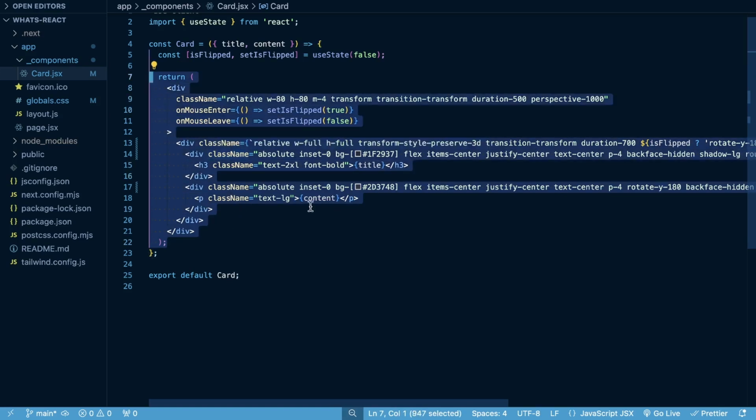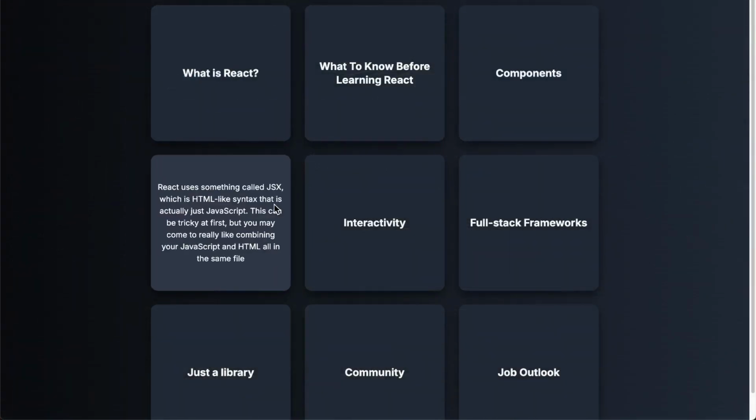And this is a piece of your UI that you can then reuse throughout your entire application and build pages with several of these different components. And then you can compose these components together. You can pass certain components into other components, nesting components, and we'll get to all that in future videos. So JSX is an HTML-like syntax where it's actually just JavaScript that gets converted into HTML, but you get the benefit of being able to use JavaScript logic right within your HTML, which can come in really handy.